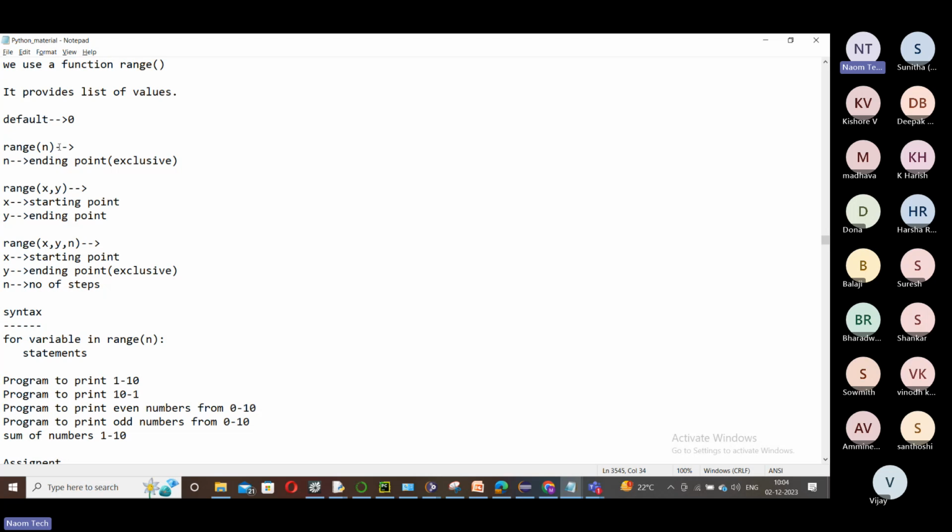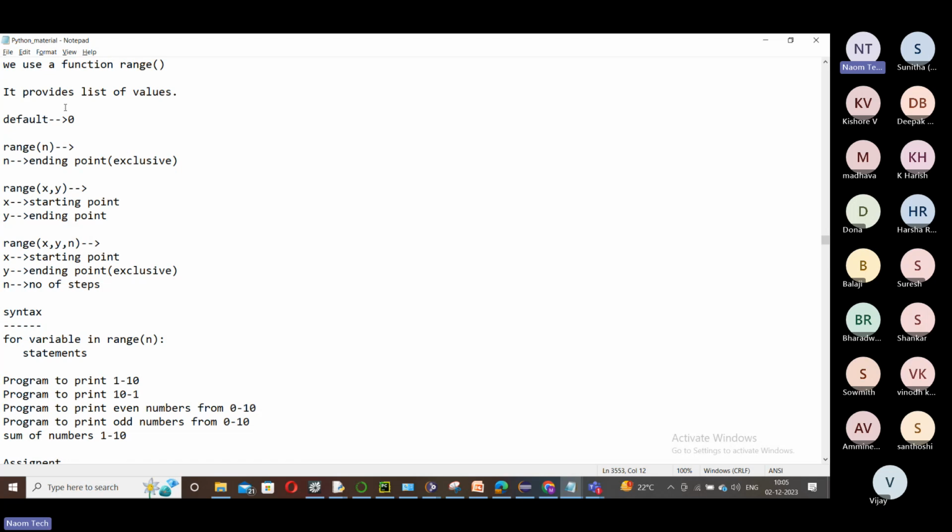But here, if you talk about range, if you want to work with your for loop, we start using the range. And how many forms are there? Three forms. We'll start with the first form. This is style one, this is style two, this is style three. Not type one, type two, type three, but form one, form two, form three. You can call it any of these as you wish. So shall we start with form one? You are clear, right, friends?